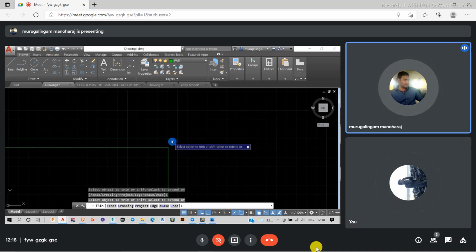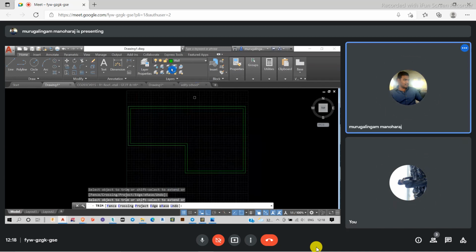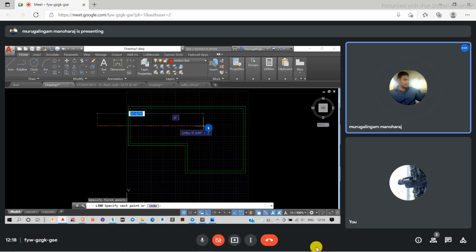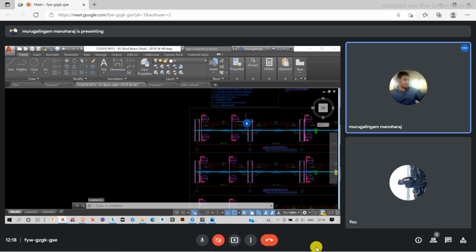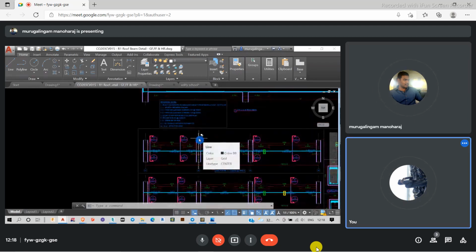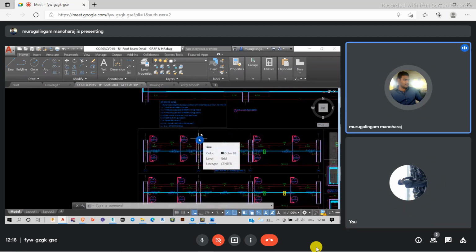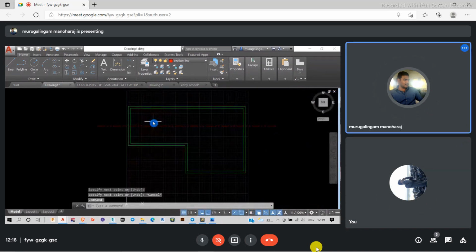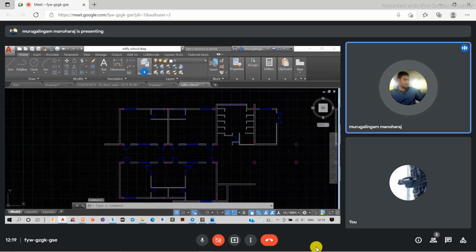And suppose I want to make a section line and then draw the section line. This is how we have to set the settings here. So before drawing itself, I have to create a lot of layers, so that I have better control over my drawings. Whatever drawing we are doing, we have to set the layers and then use these options. In layers also we have a few more options.